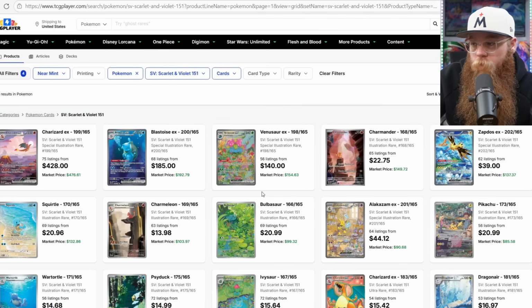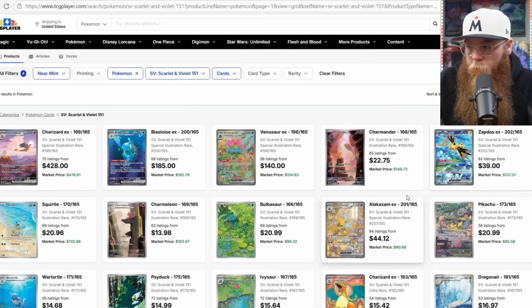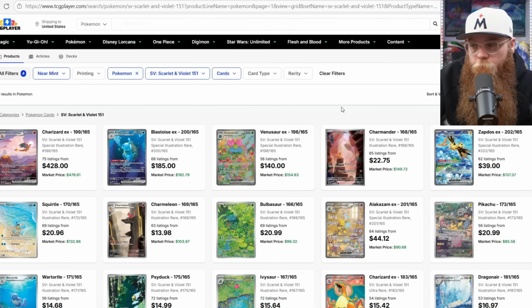So a lot of these cards, they might go up even a little bit higher because in my opinion, they were a little bit undervalued compared to the rest of the Scarlet and Violet era. There's going to be a handful of them that probably get up just a little bit more, and then they're going to completely level out. And then most of them are going to drop down in price. They're not going to come back down to where they once were probably, but they will definitely retrace and find their new spot. It's just like you said, a lot of people are going to be panic buying these right now. So that's why I'm saying a lot of these cards could still get even higher, because you got to think